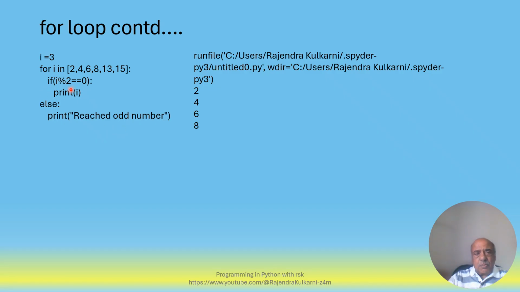Whenever I mod 2 is 0, what we are going to do through this logic is output the even numbers which are present as members of this list. The main thing that we have to understand here is, even if we assign a certain value to a variable I, as soon as we start using it in a for loop, that I is equal to 3 is ignored by the compiler. That object 3 gets